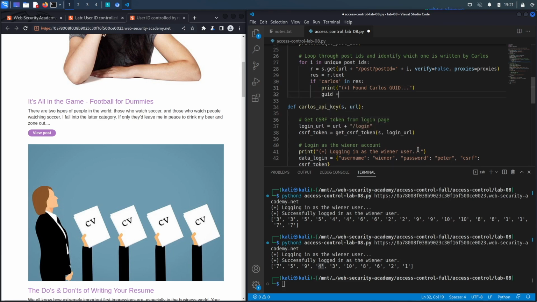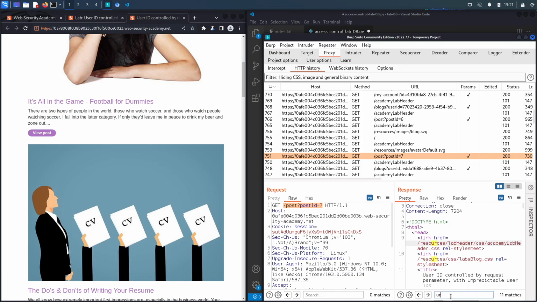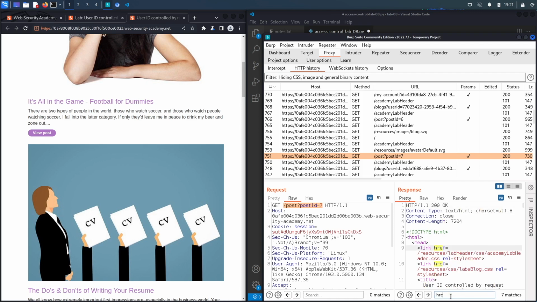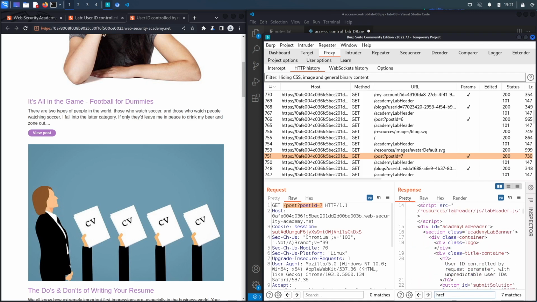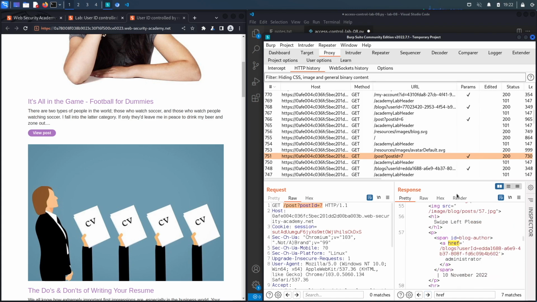So I'm going to say GUID is equal to re.findall, and I'm going to search through a regex string for it. So if I look up href, it should be in one of the hrefs. Okay, so you could see over here under blog author, it's an href element, and this is the string that I'm looking for. So let's copy that,